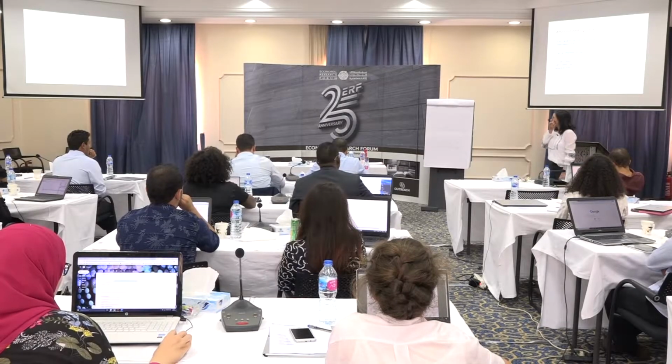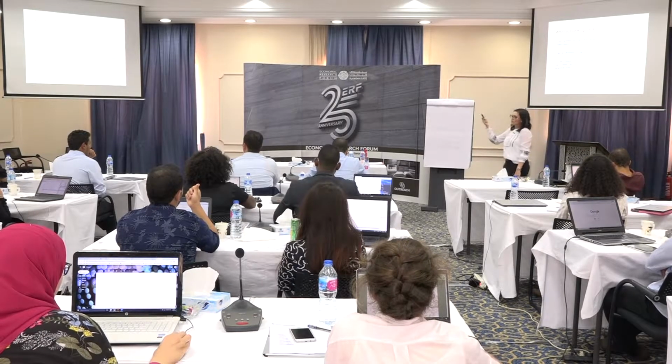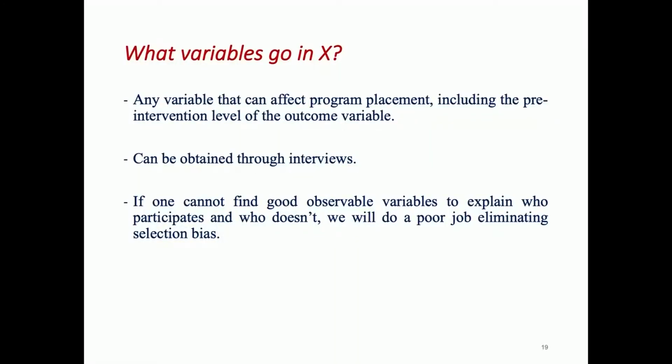So what goes in X, as I said, is all that can affect the program placement and at the same time affect the variable of interest, the outcome. And if we cannot find good observable variables to explain who participates and who does not, we'll have a problem eliminating selection bias. So here we are trying just to match people or households together to eliminate the selection bias. If I cannot find common support to match these two groups, I will not be able to remove